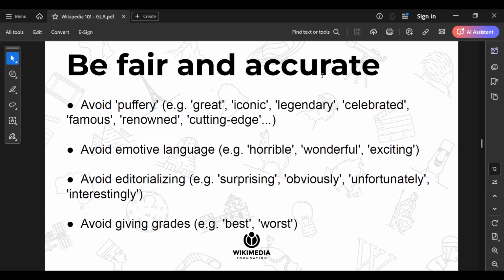Giving grades also, like the best or the worst, we don't use that on Wikipedia. There is no way you see some of these things used on Wikipedia, but it is very normal in journalism, where people write and express their emotions when writing editorial content.